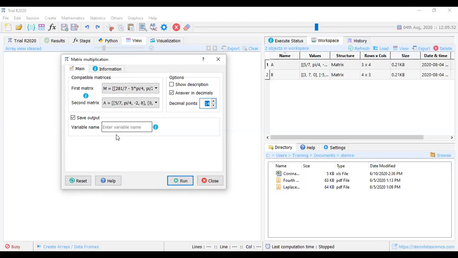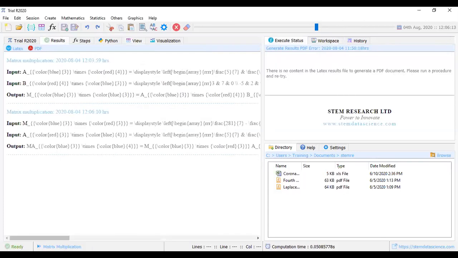Then here, I don't put any variable name. If I do not put any variable name here, then by default, the variable name will take these two object names. So the new variable name will be MA. This is how the software will save the new array. So click run,